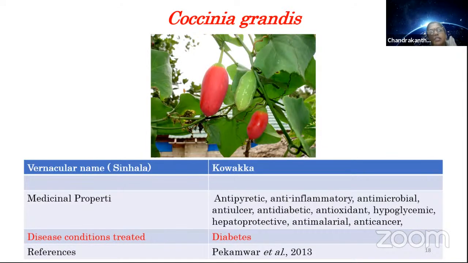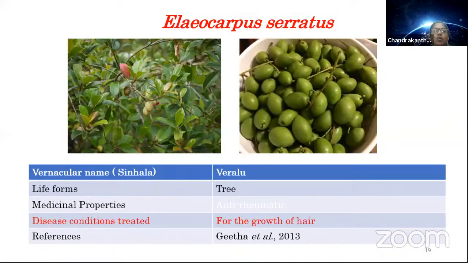So here, each and every part of this plant is used for its medicinal properties. It is very common, of course, for diabetes, but at the same time it has anti-inflammatory and antioxidant properties, and so many medicinal values are behind that. If you look here, there is another plant endemic to Sri Lanka, which is locally named